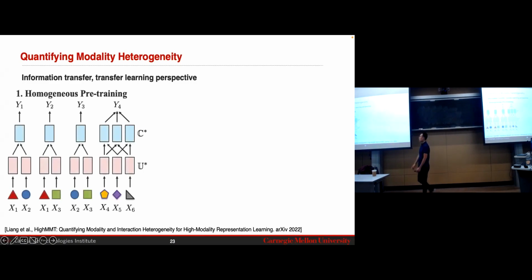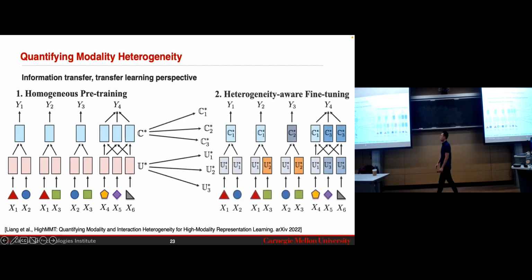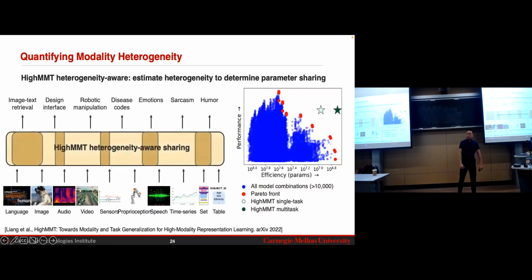And finally, the last step is to first train a model that's homogeneous, that doesn't account for heterogeneity. The same unimodal model for all these modalities, the same cross-modal attention block for all pairs of modalities, and then subsequently fine-tune them by splitting apart the parameter groups. We know that, for example, 1, 2, and 4 should share the same unimodal encoders, so they're always the same. So 1, 2 here, 1 here, 2 here, and 4 here. And 3 should have another set of unimodal parameters, and 5 and 6 should have another set of unimodal parameters. Right, essentially fine-tuning them to pull them in different directions as dictated by the parameter groups. And that's how we actually get this, right? We get this basically model that shows some partial sharing across parameters and partial separation across parameters by looking at which modalities are similar to each other with low heterogeneity, and also which modality pairs show similar interactions and have